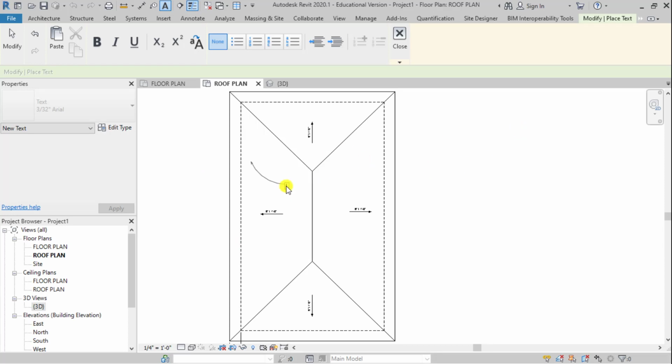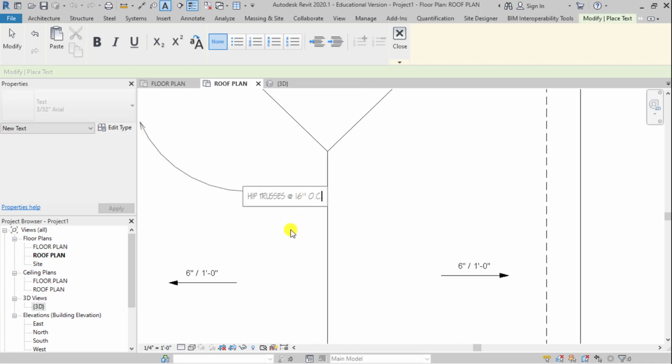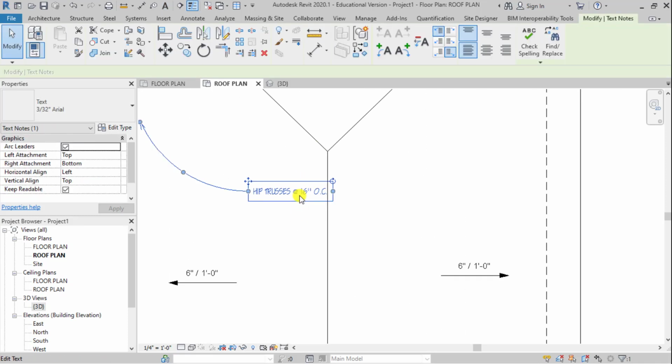hip trusses, 16 inches OC, and that looks good. So then I can take this and I can drag this text box, move my text,